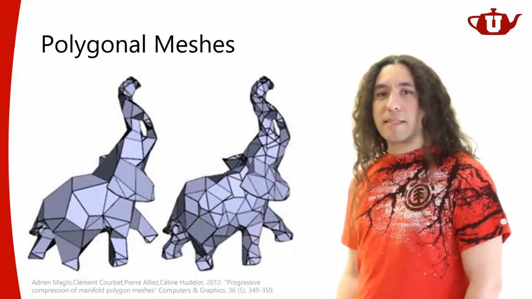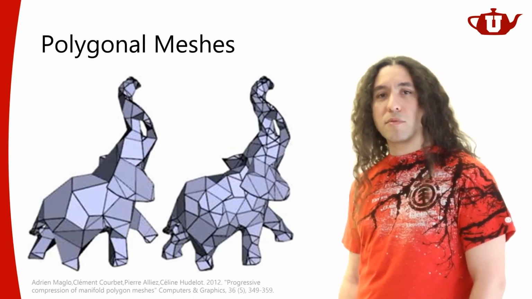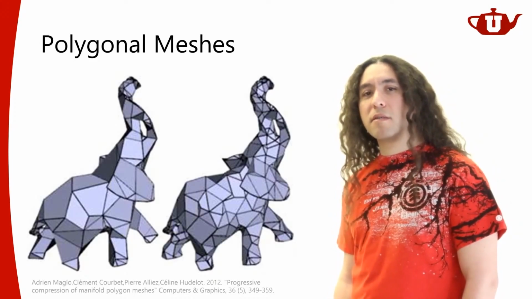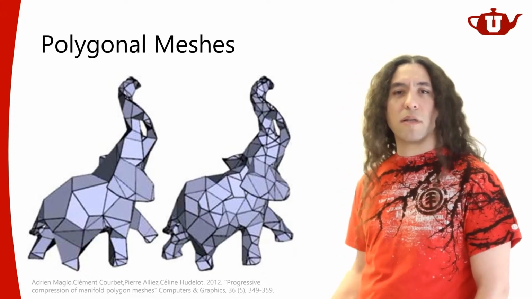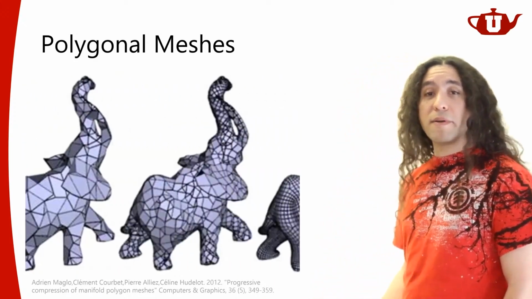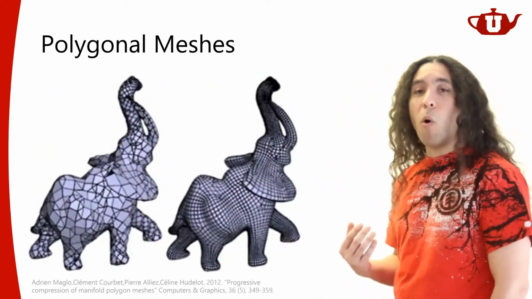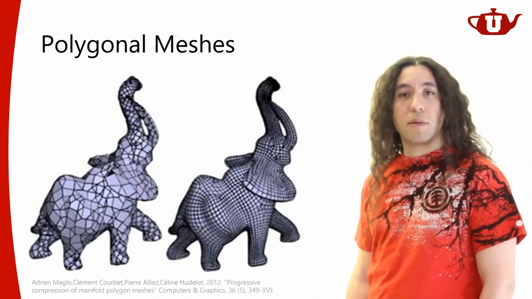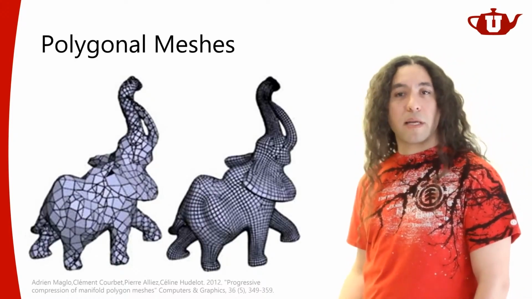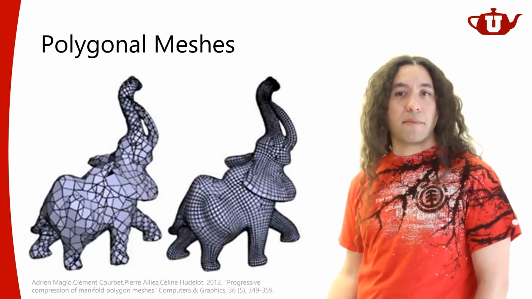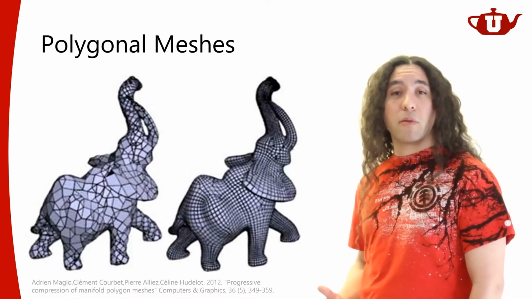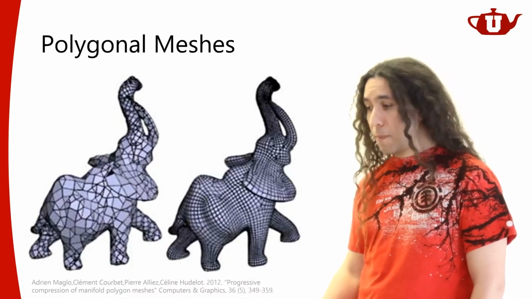And as you can see, we have some quads, and I believe we have some pentagons here. We have some triangles. So polygonal meshes are a collection of different types of polygons. Of course, they don't have to be low resolution like this. We can have a lot more polygons for representing our surface. And the more polygons we have, the more details we can represent on the surface. That's the main idea. So this turns out to be the most popular way of generating 3D models today, right?